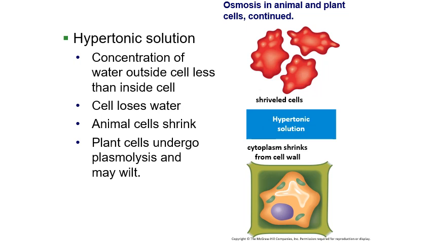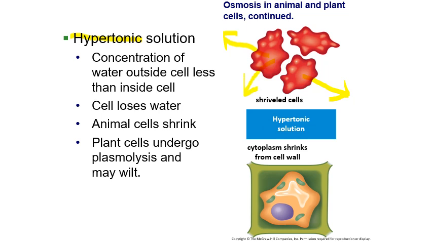Right, the opposite situation there would be a hypertonic solution. So hyper means more. And this is referring to more solutes on the outside of the cell. So this would be, for example, if you drank a lot of salt water, right? There's a reason you don't drink water from the ocean. It's because it's way too salty for you. And it would put your cells in a hypertonic situation that looks like this. And in this case, since there's more salt in the solution outside the cells, water is going to be leaving the cells. So water will cross the membrane and leave the cell to try to dilute the solution on the outside,